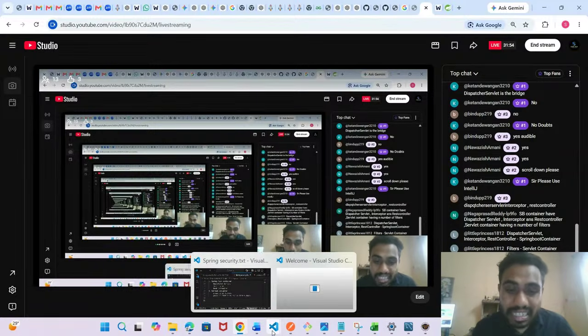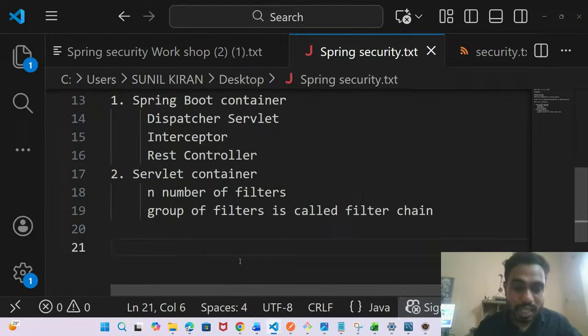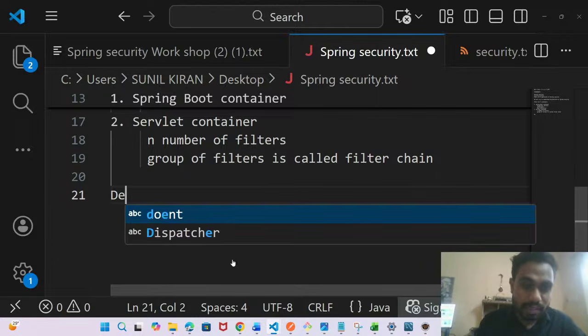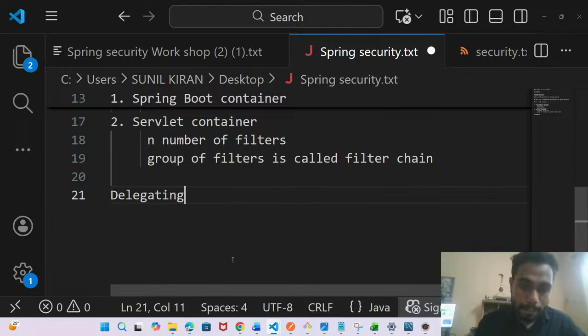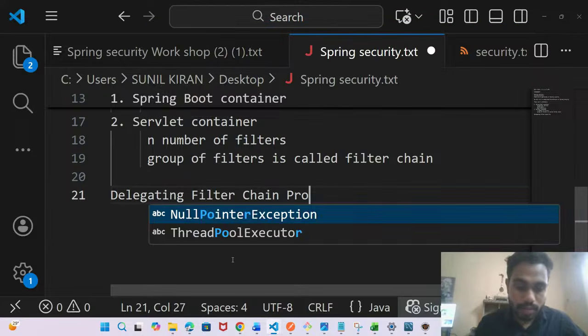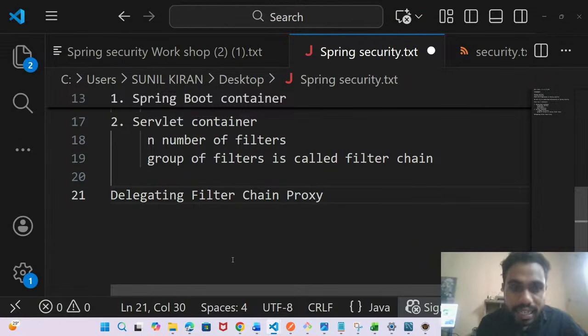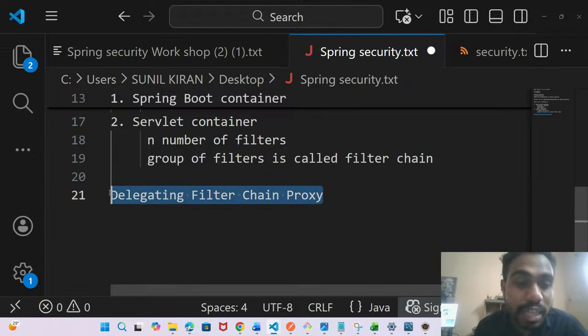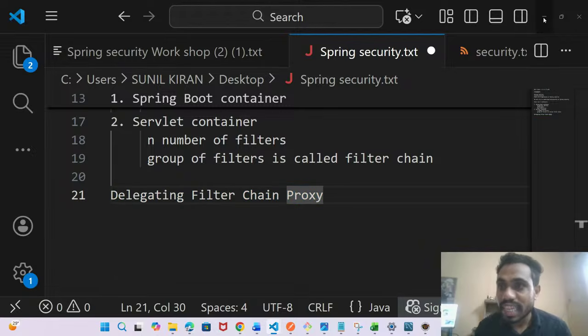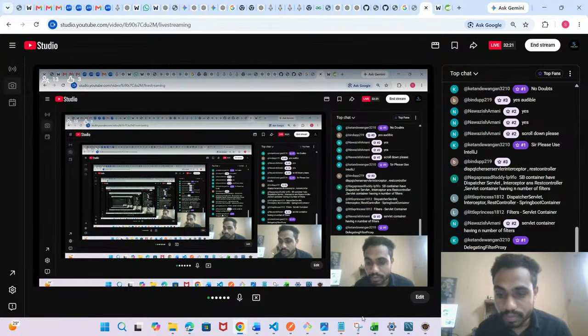Remember, guys, these terminologies are very, very important. Delegating filter chain proxy will be acting like an intermediator. I will debug the application and show you what this delegating filter chain proxy is. Right, let's go for the code now.